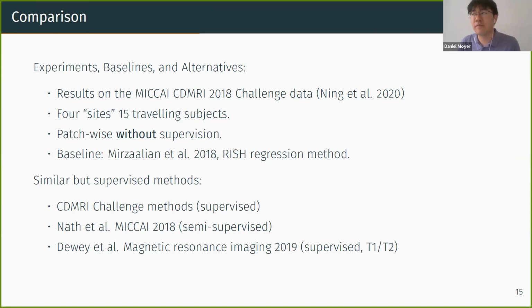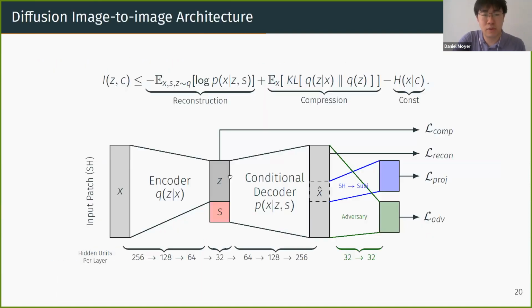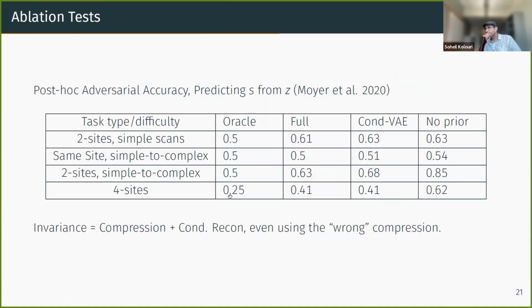Essentially, we have to have an adversary. So this breakdown table here, where we're training an adversary after the fact to try and predict S from Z, is the best validation for knowing if you have an invariant latent space. Yeah, so this has to be done, but then the problem is, how do we parameterize the adversary, or do we overfit the adversary, or things like that? So there's another estimation problem at this point.